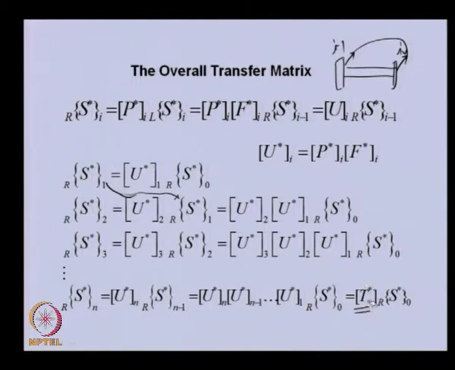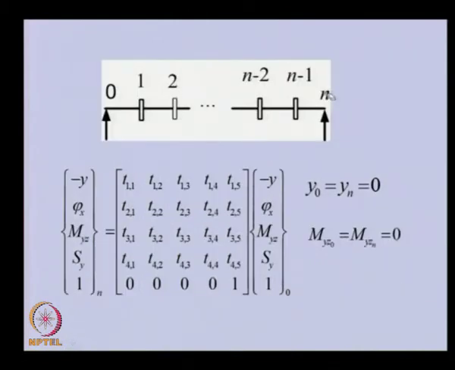Now, once we have got the overall transfer matrix, we can apply the boundary condition, because we have the nth station at the extreme right side of the rotor system and the 0 station at the extreme left side of the rotor system. So, like this, this is the nth station, this is the 0 station. The overall transfer matrix T relates the state vector here to the state vector here. Now, that particular last equation is expanded here. So, this is the state vector at the nth station, this is the state vector at the 0 station,